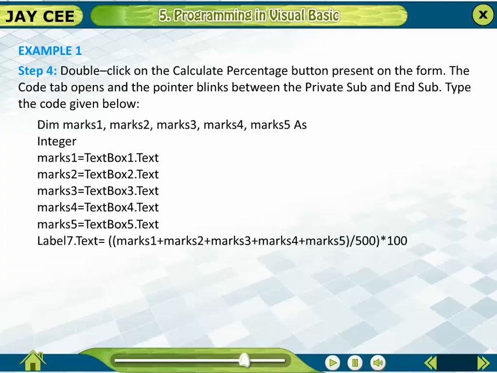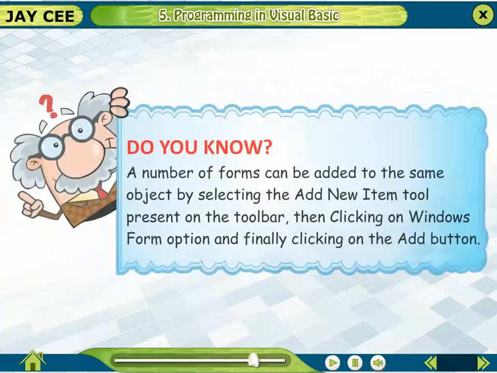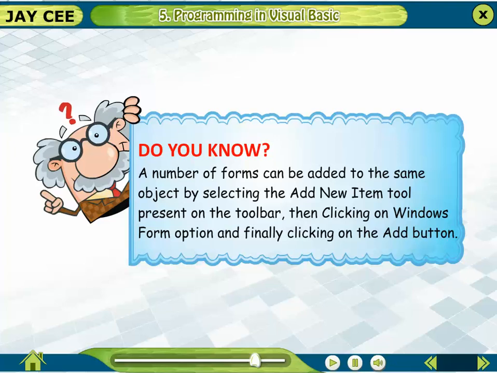Label7.Text = marks1 + marks2 + marks3 + marks4 + marks5 / 500 * 100. Do you know a number of forms can be added to the same object by selecting the Add New Item tool present on the toolbar, then clicking on the Windows Form option and finally clicking on the Add